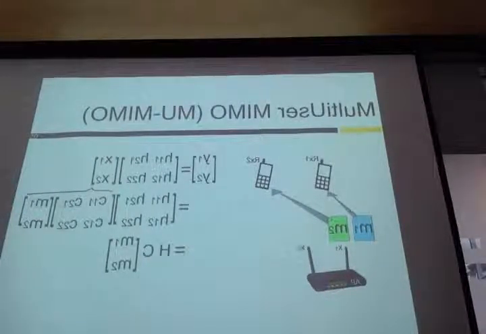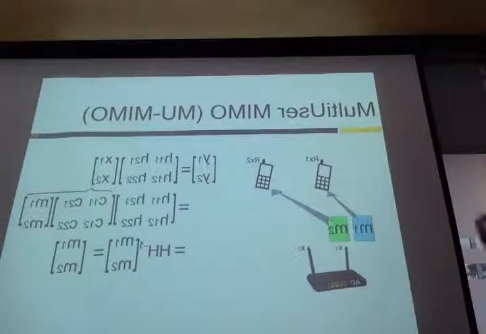Then the AP can send these two messages via the two antennas by multiplying by a precoding matrix, what we call C. The entries in C control how much of messages N1 and N2 should be sent via these two antennas. A common selection in a multi-user MIMO network is to choose the precoding matrix as the inverse of the channel, which makes the received signal at each receiver identical to N1 and N2 only.